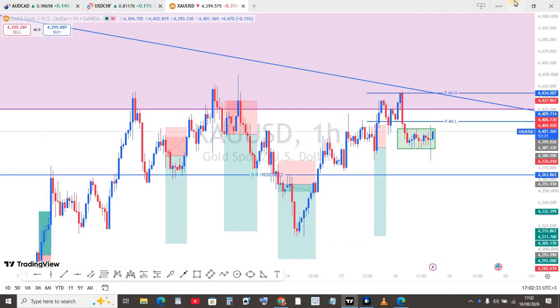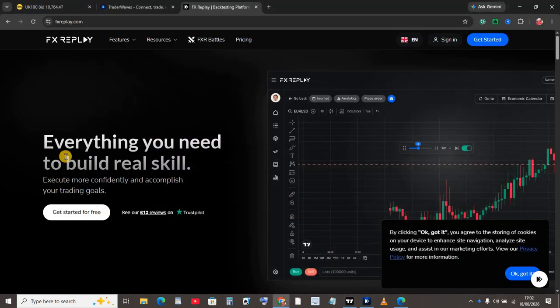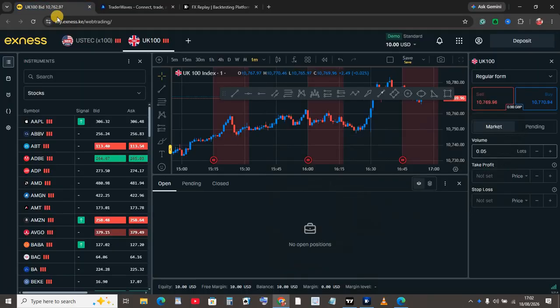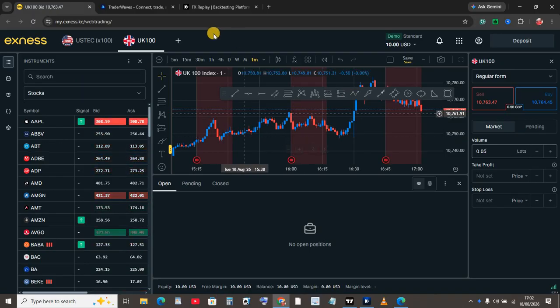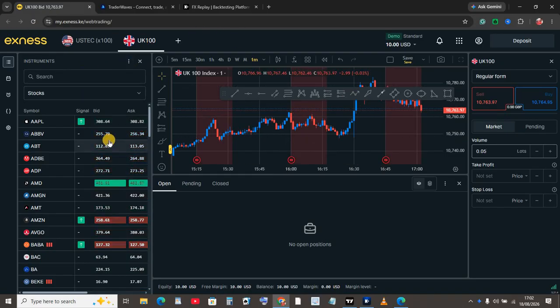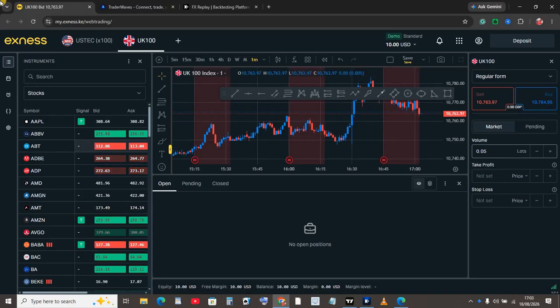So before I wrap up, I want to help you with something. In case you are a beginner or an advanced trader and you are looking for where you can backtest your strategy and see if it's working, my first priority, I will give you XNES. If you can go to your Chrome and search